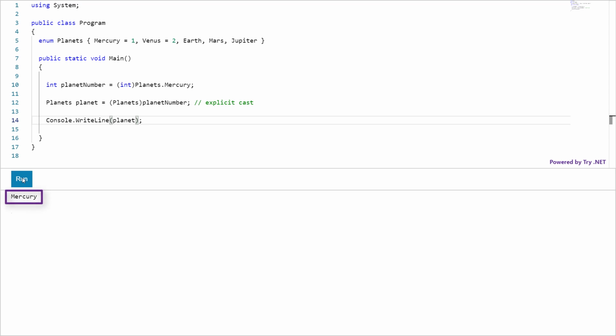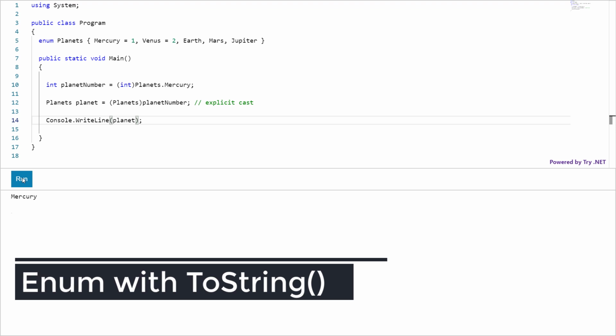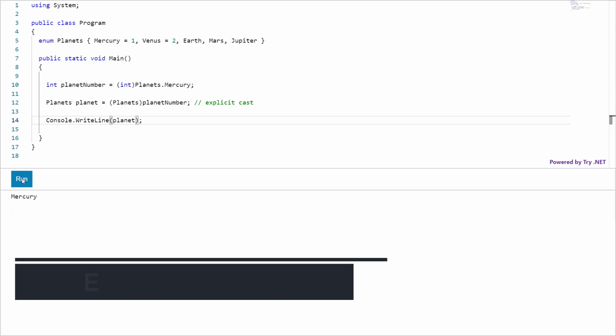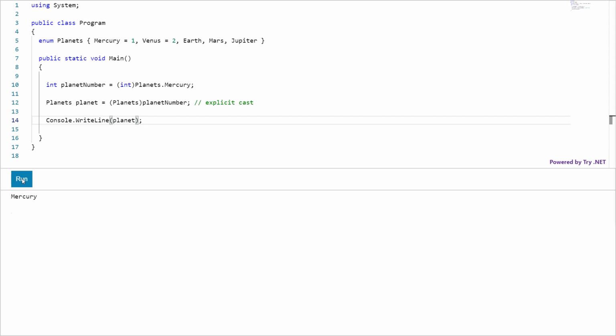This will return the name of the element. To convert an enumeration element to a string type, you can do that with the toString method.